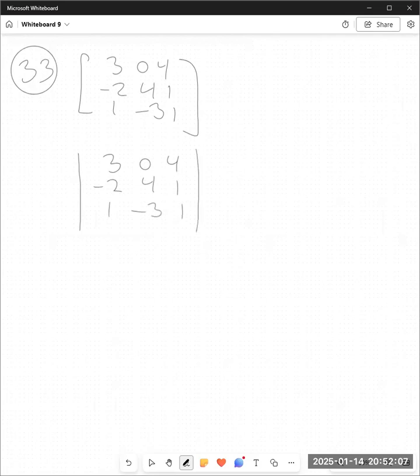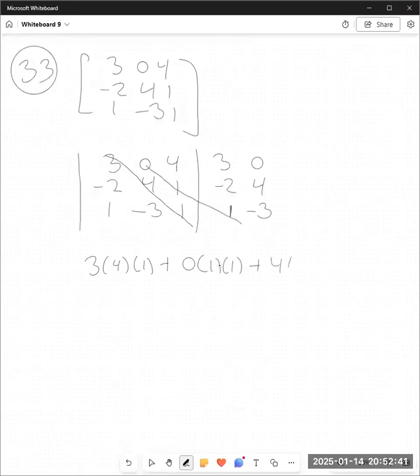And I'm going to write down the first two columns again. I'm going to try my best to be neat here so that I can make diagonals. So this is 3 times 4 times 1, and multiply like that. And then 0 times 1 times 1. And so when I go this way, I'm adding. So 0 times 1 times 1 plus